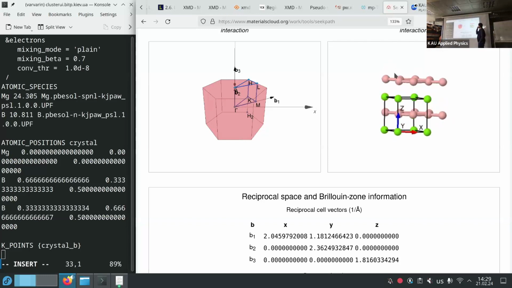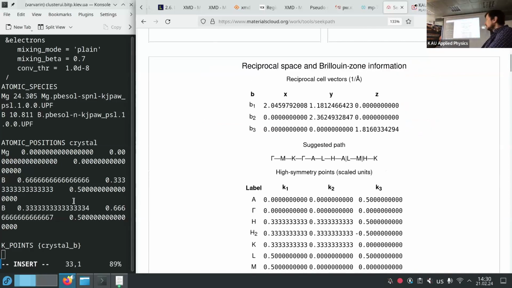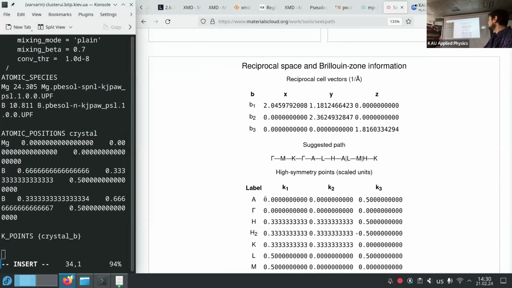So you can look at it as interaction between two structures, magnesium and hexagonal boron. But it's one structure, MgB2. First of all you should type the number of these points. It's 8.